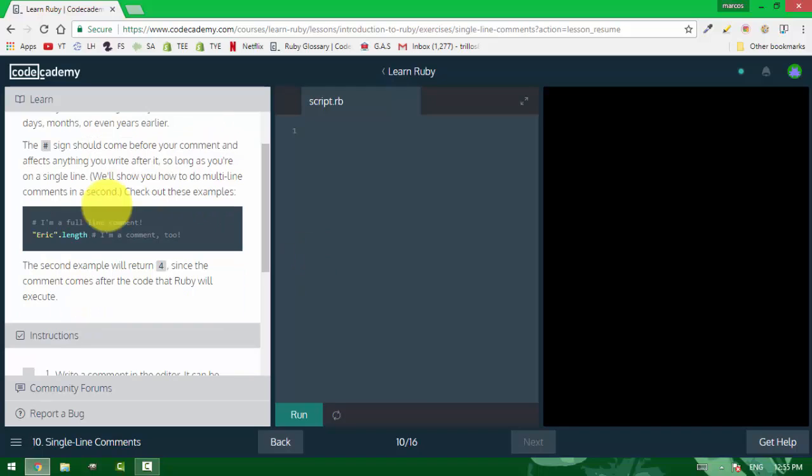Okay, so these are comments. These little things are comments, and they do not affect your code at all. It's like if you were writing code and then went back months or years later and wondered, how was I trying to code here? I don't understand.